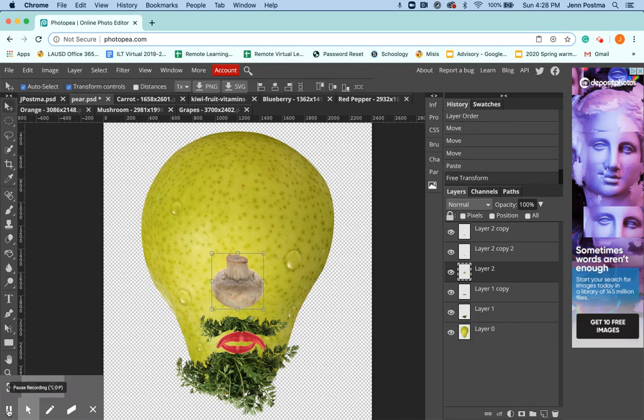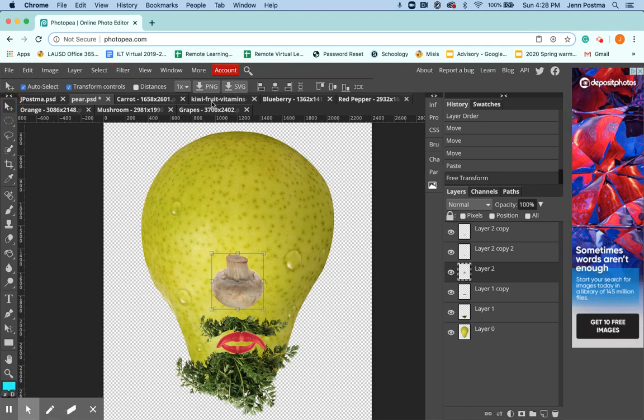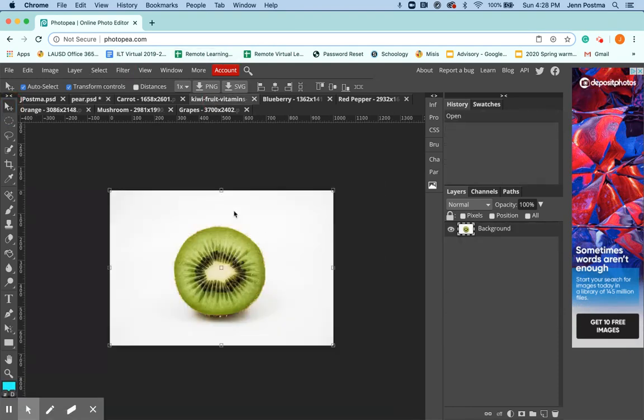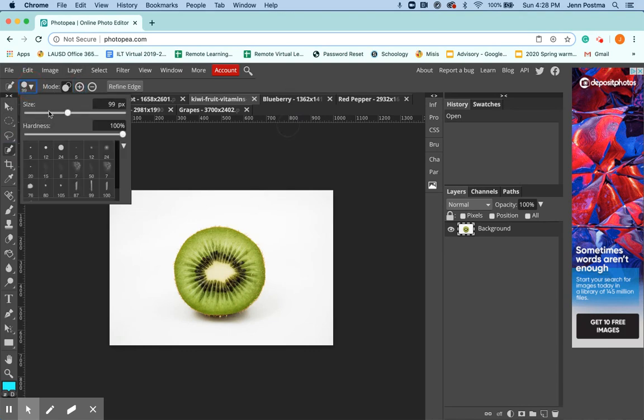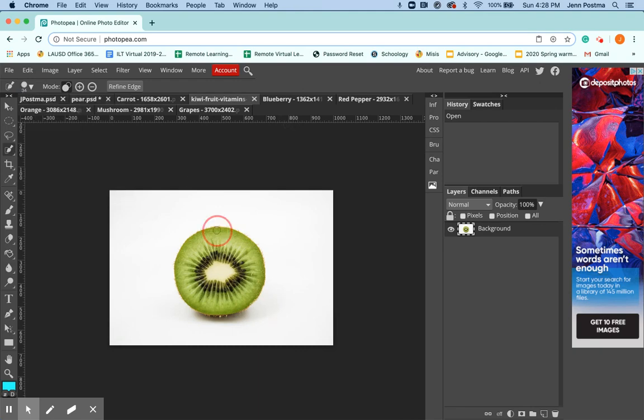Next up, I'm going to get my eyes. I'm going to use the kiwi for the eyes, for the entire eye. Here I have the background. I'm going to try to use quick select again. Let's see how it works for me this time. Go up to the top, make sure I'm in Unite mode, and let me just make my brush a little bit smaller. Okay. And if I go in,